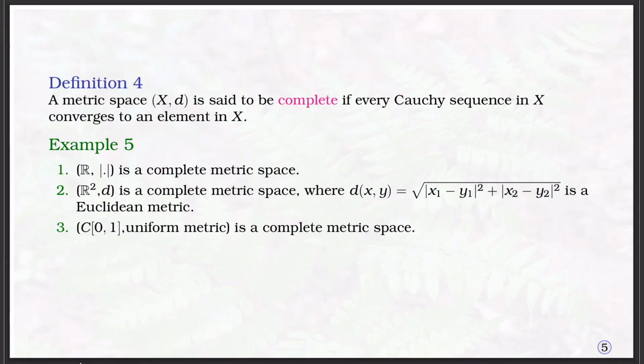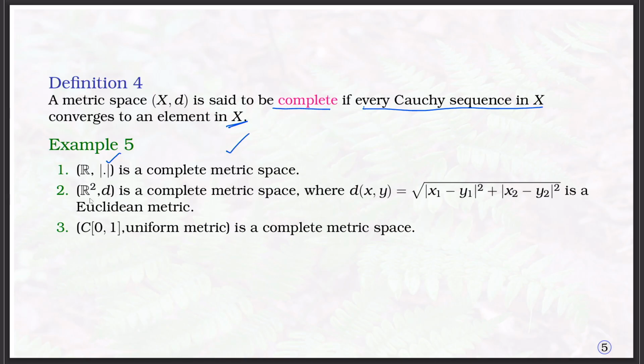This leads us to define the complete metric space. A metric space (X, d) is said to be complete if every Cauchy sequence in X converges to an element in X. For example, R with the standard or Euclidean metric is an example of a complete metric space,